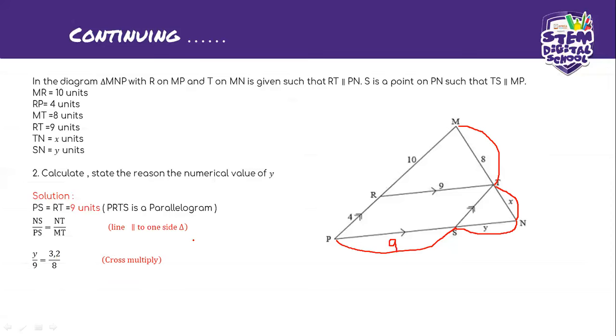Because remember, for NT, we just determined that previously we got the value of x there, which was 3,2, right? Then after this, we're going to cross multiply because we are solving for y. So we are going to make y the subject of the formula. Now, our answer is now